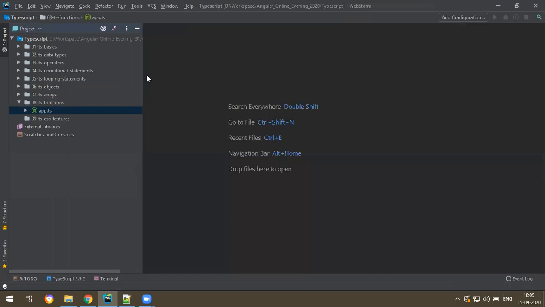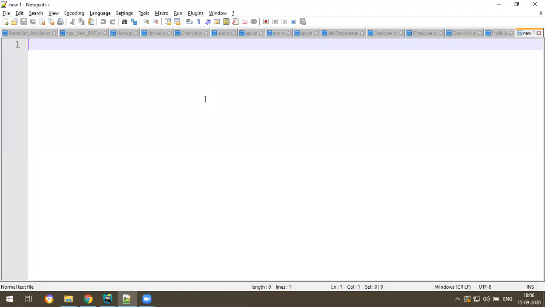Today we are going to discuss another concept called ES6 features, and then we'll start the OOPS concepts like classes, objects, and all. First of all, ES6 features. ES6 in JavaScript is a major release which contains a lot of new features. We already discussed some new features like let, const, and arrow functions, but in this example we will concentrate completely on ES6 features. Let me write something here: ES6 features.